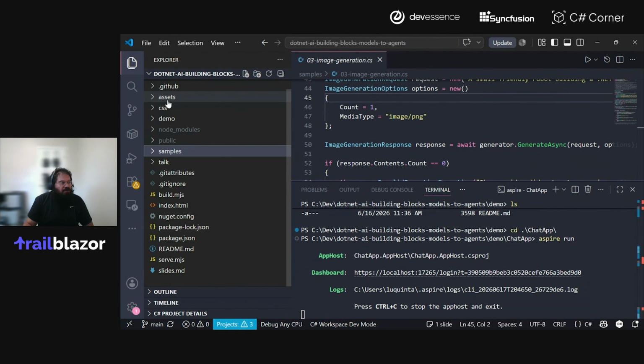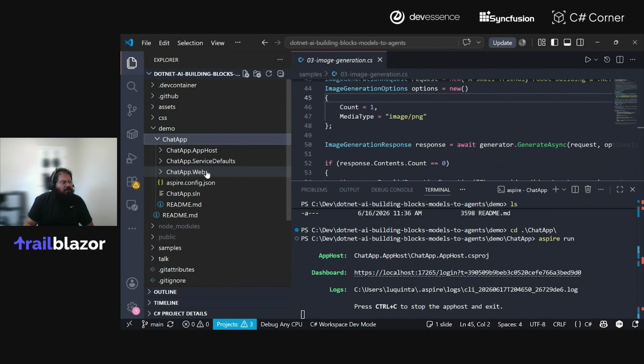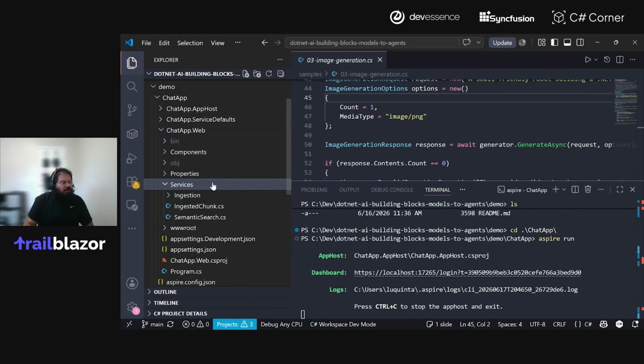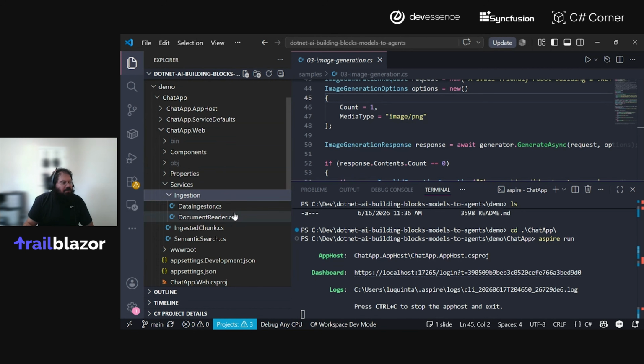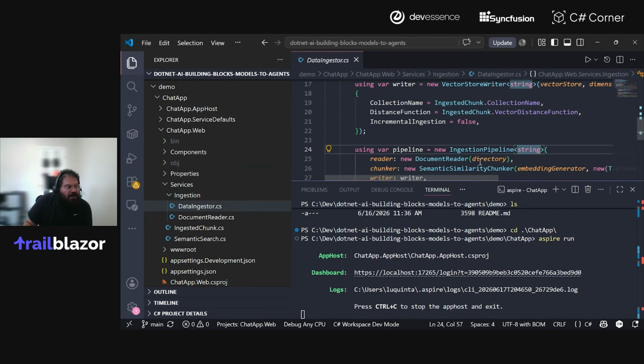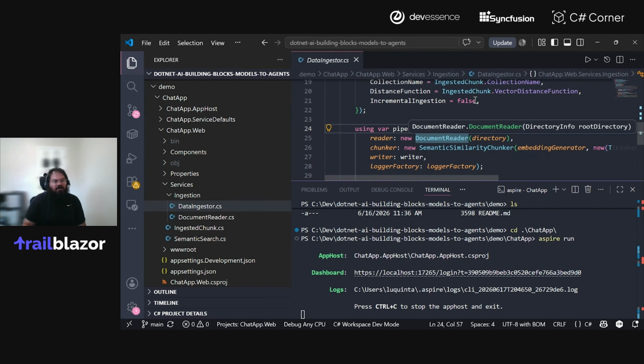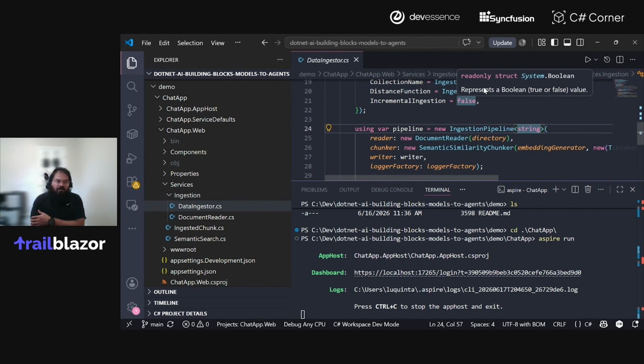This MarkItDown is actually, if I were to go back to the code, let me see if I can show you that piece. If I go to web services, semantic ingestion, data ingester, if you take a look at these things here, we have this ingestion pipeline. This is one of the other primitives that I didn't really go over, but it is something that we're providing, and the concept is pretty much the same. We want to provide you with a contract that is flexible enough that you can have different providers like MarkItDown, PDF Pig, and the many other libraries that are out there for parsing.